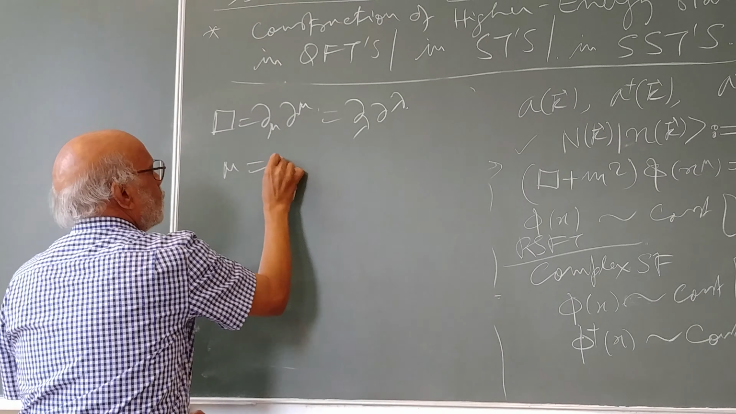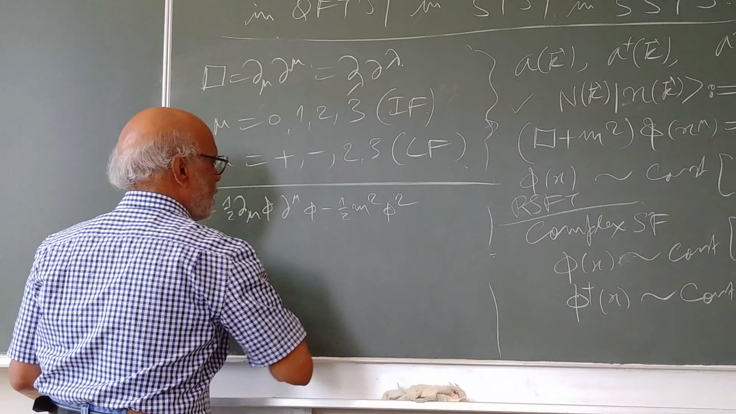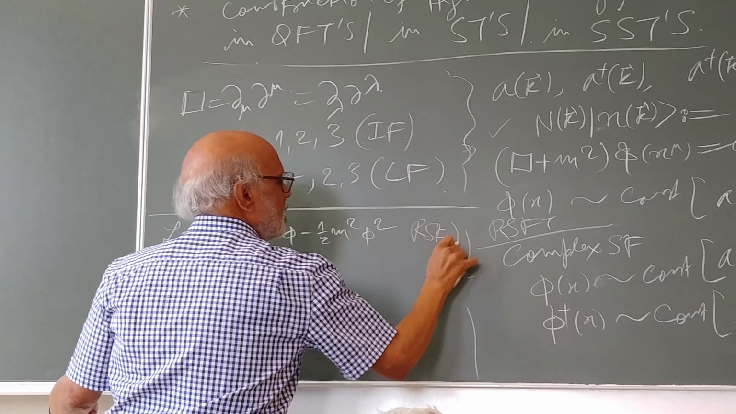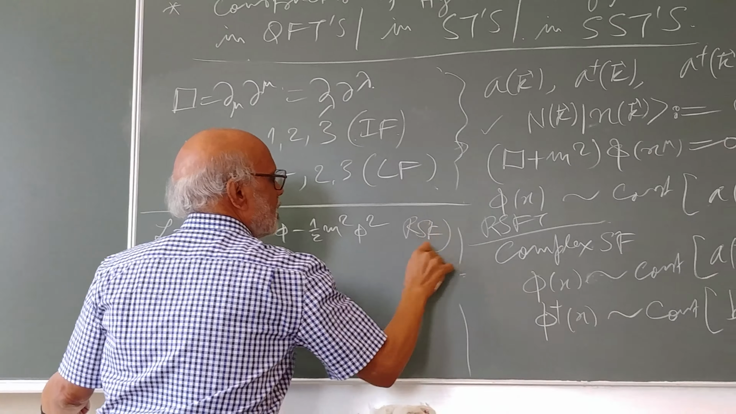1/2 d mu phi d mu phi minus 1/2 m squared phi squared, that is my real scalar field theory. However, for the complex scalar field theory, this would be d mu phi star, or dagger as you like, times d mu phi minus m squared phi dagger phi. So I have two independent fields. Now phi and phi dagger are two independent fields, and therefore I need two independent sets of the annihilation and